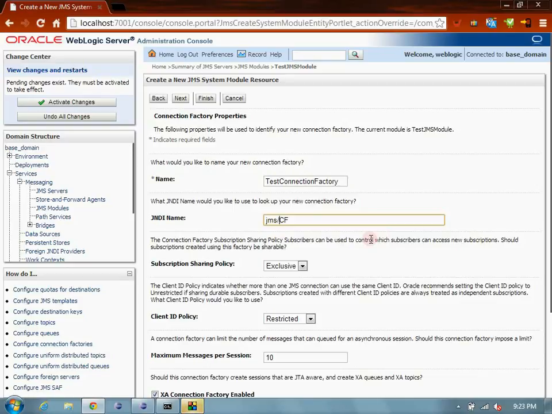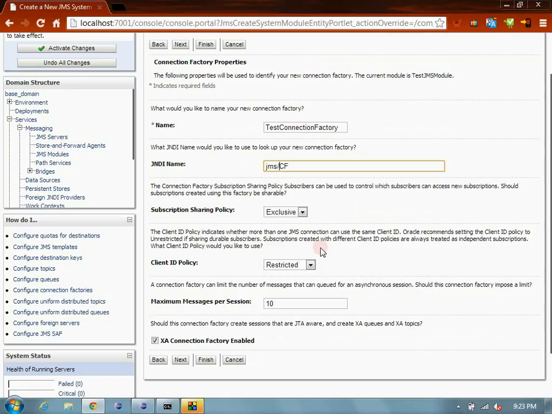So it should be a forward slash. The name before this can be anything, but it should always have a forward slash in it. You'll see the reason behind having this slash here. It is required while sending and receiving messages and also getting your connection factory. So we'll see that. And once it is done, you can click on next,